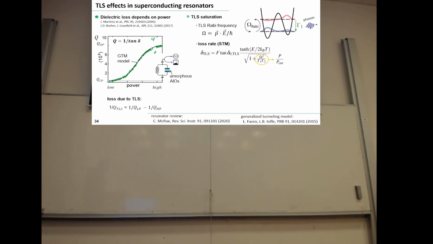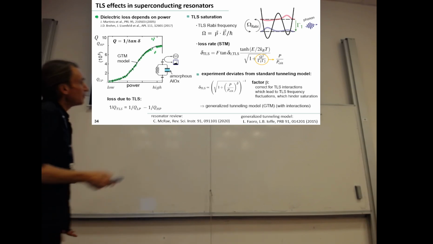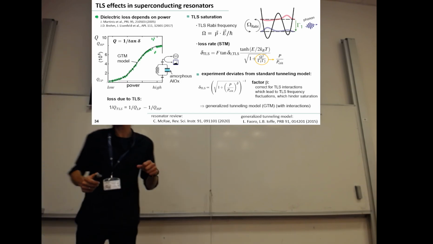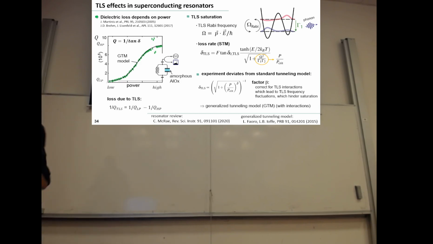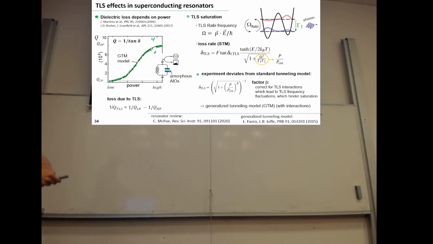Actually, it's not so important. When people do these experiments, they already find that this equation does not really hold. This is actually the prediction of the standard tunneling model, and they have already told you it neglects the interactions between defects. But this can be fixed by taking into account these interactions, which is probably something Laura will